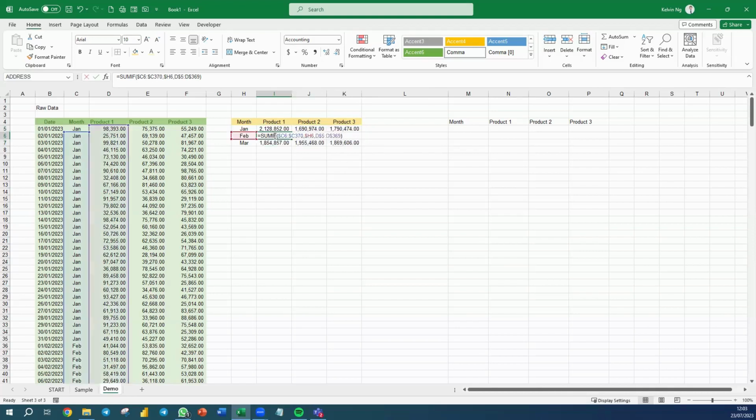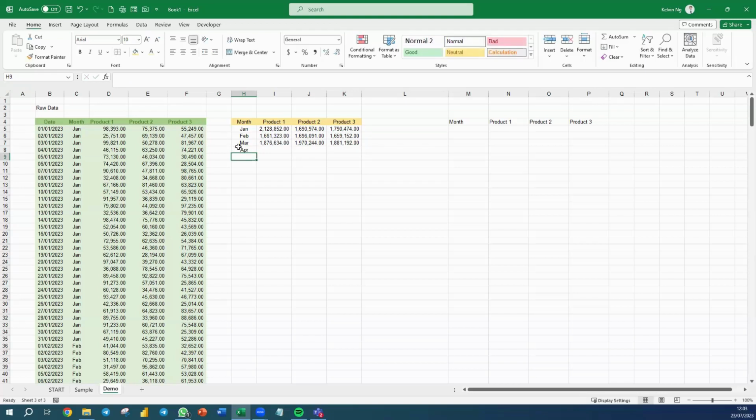I'll get a different range of answers. But this is not right. This is supposed to lock all of them. Let me just do this again. Sorry about this. For the range, I have to lock all of them, and I'm just going to put it across and down. That will get me the answer. It shouldn't have a problem, because as it goes down, it will still look for February and so on. Now in my data, if I type April,